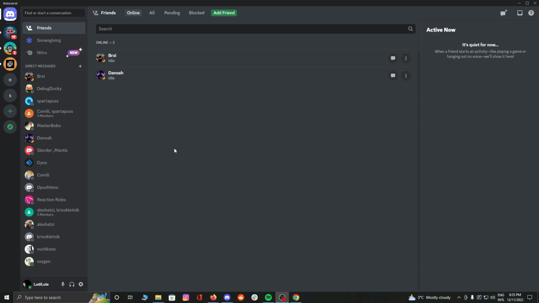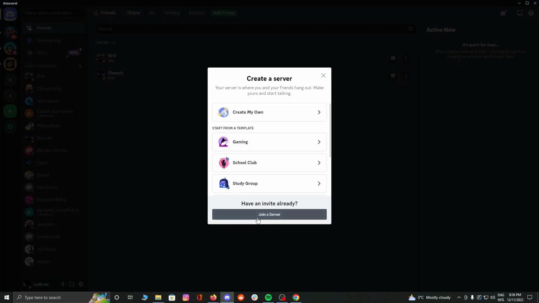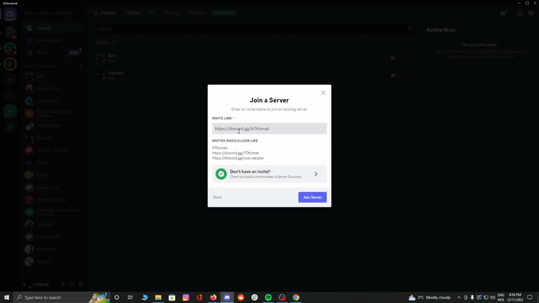You can, and bear in mind, you can do this from your phone, from your PC, from your laptop, doesn't matter. Log into Discord, go to this plus here, add a server, and click on join a server. And here you're going to type in https://discord.gg, and this is where things get interesting, because here is where you can type something and maybe you can